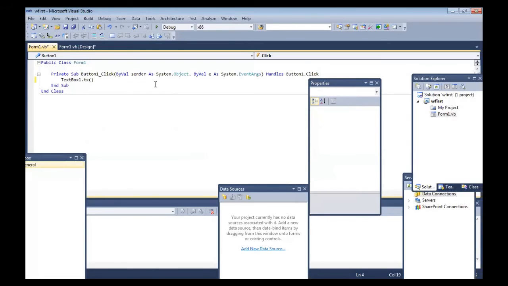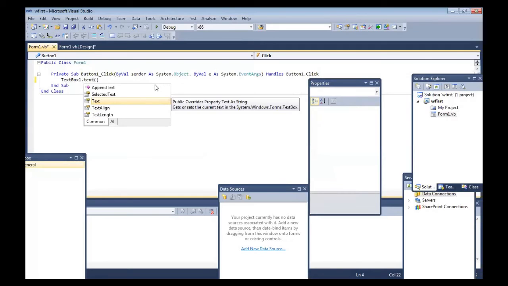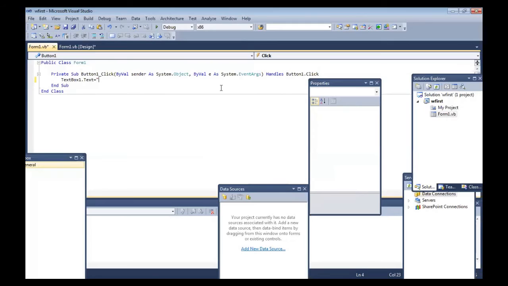Text is the property which is used to display some messages in a text box. Equals to, in double quotes, Welcome to VB.NET. This message you want to display into the text box.